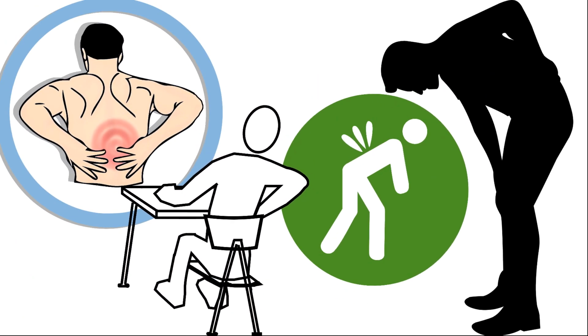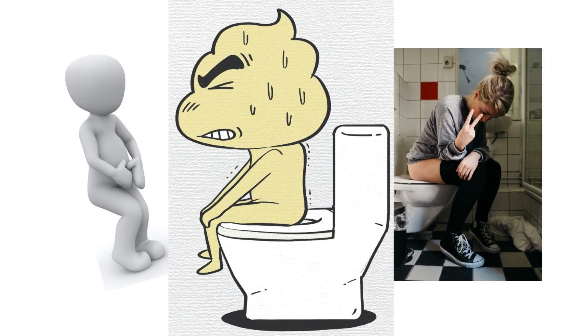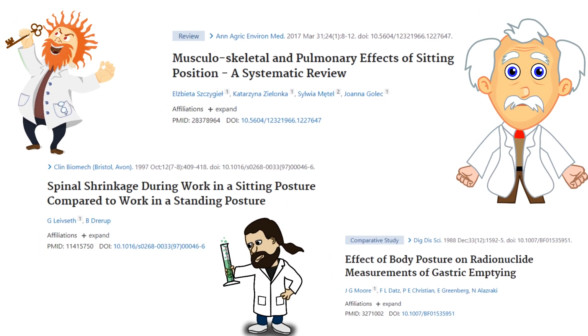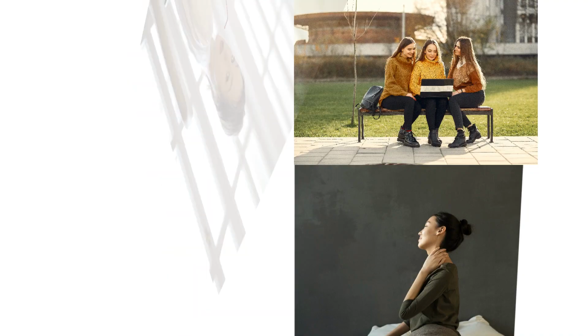Do you have back pain that does not improve with rest? Do you experience muscle pain that causes sleep disorders? Or face stomach motility problems? Scientists showed incorrect sitting posture contributes to back pain, spine and respiratory problems, and gastric emptying. So, in this video, we will explain the good sitting positions to help you stay in shape and avoid adverse